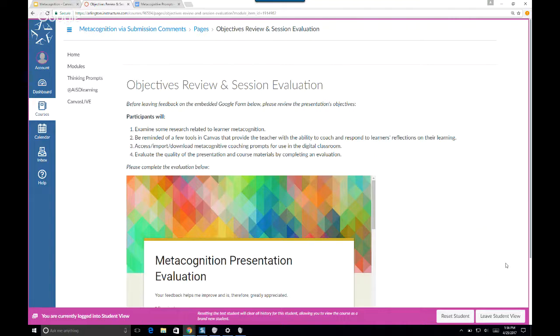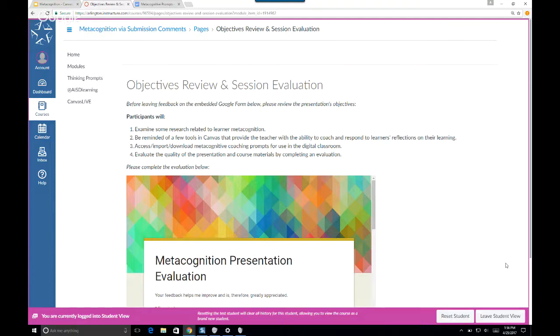To remind you that there are some really easy to access Canvas functions and tools. Really think about that comment field for assignments. That's the key to the metacognitive kingdom. And it's so easy to use and coach students to use that tool. So the goal was to reorient you, or to point that out to you if it was new to you, to make sure you were aware of it. To give you the opportunity to download, if you want, my examples and make them your own.